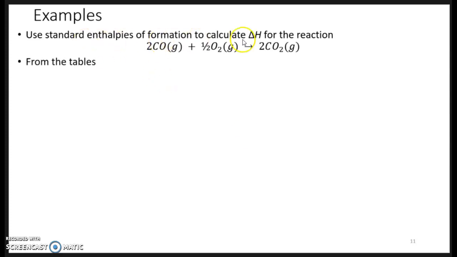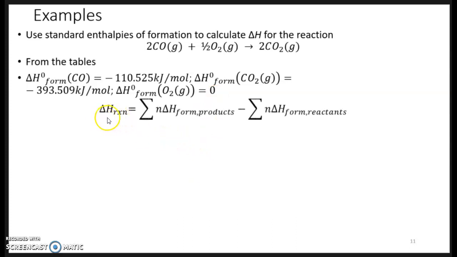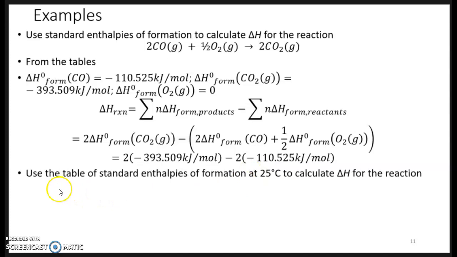Use the standard enthalpies of formation to calculate the delta H for the reaction. So from the tables, we have the delta H of formation of all the species. This is for CO, for CO2, and for half O2, that's 0. So using that reaction, delta H of reaction is that of the products minus that of the reactants. So we have 2 of CO2 minus 2 of CO and half of that. So if we slot in our values, we have 393 times 2 minus that. And so with that we calculate the